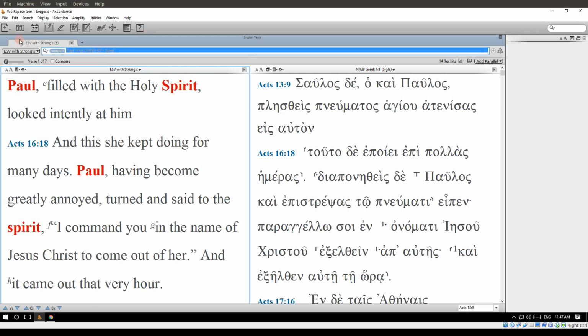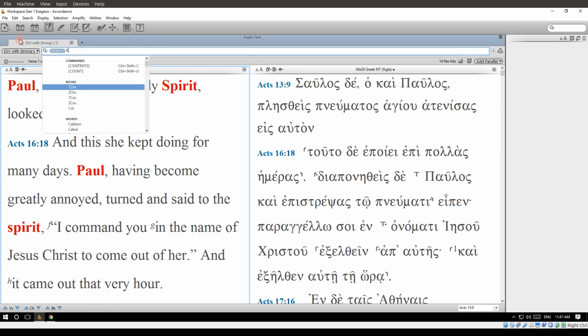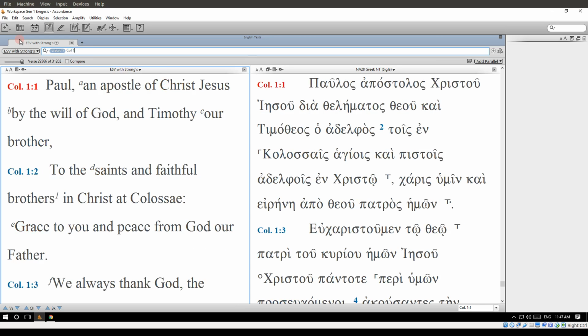So let's go back here to our Colossians 1 verse 1 text. Colossians 1. The interesting thing here in Colossians 1 verse 1 is that the apposition to Paul, namely Paul, apostle of Christ Jesus, doesn't have an article. So it's not Paulus ho apostolos Christu Jesu, but it's Paulus apostolos. Now, if you continue reading this sentence, it's Paulus apostle of Christ Jesus through the will of God, and Timotheus,